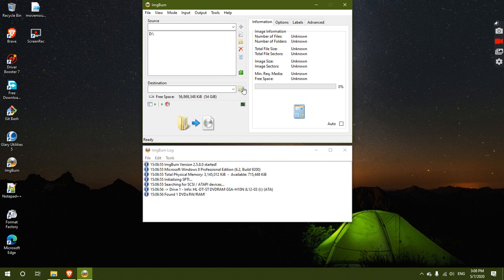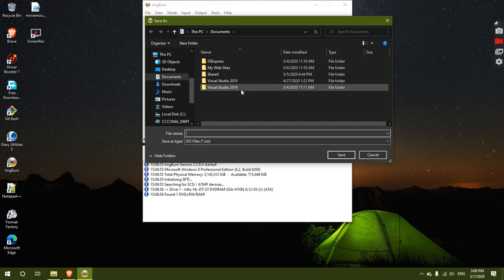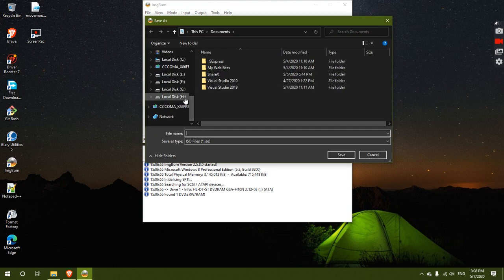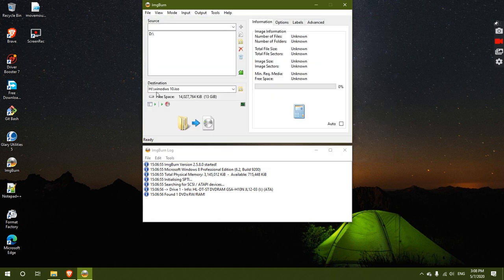Then you need to select the destination where you want to save this image file. Currently I will select the drive H. I will name it Windows 10 and click on save. Then you will see the destination path of your image file.